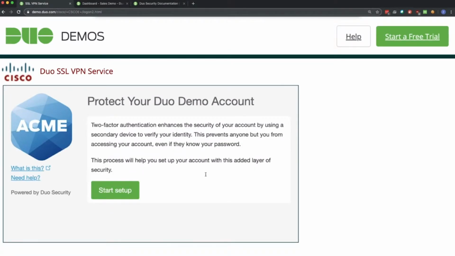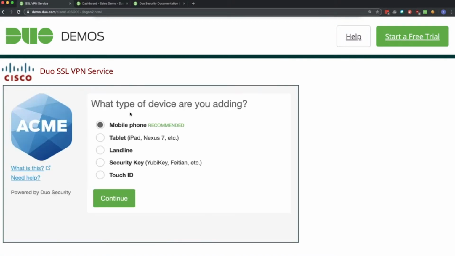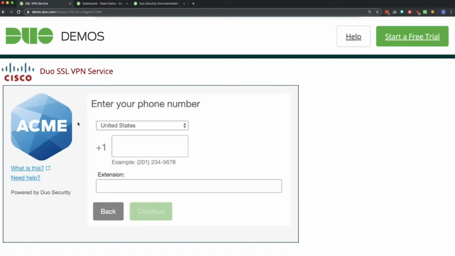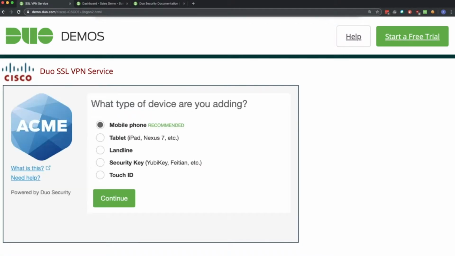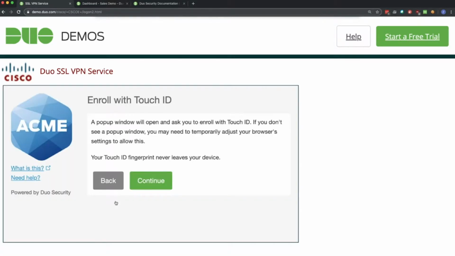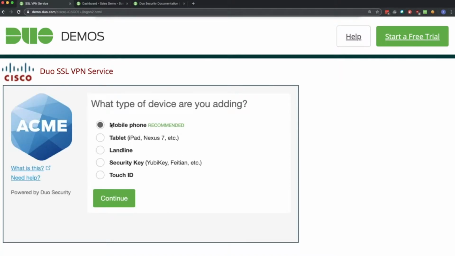So when we're asking users to go through this process to add themselves as new users, we want to make sure that we're communicating clearly with them and letting them know what we're asking them to do. That starts with explaining what the process is that we're asking them to participate in. So here we're letting them know we just need to take a moment to add a device to help keep their account secure. And this enrollment process is contextual, which means every step along the way, what I am asked in subsequent screens is based on my previous responses. If I choose a landline here, it asks me for a phone number, and then it also gives me the option to add an extension. If I say that I'm going to use a WebAuthn through Touch ID integration on a MacBook, it's just going to bring up that prompt for me to enroll Touch ID.